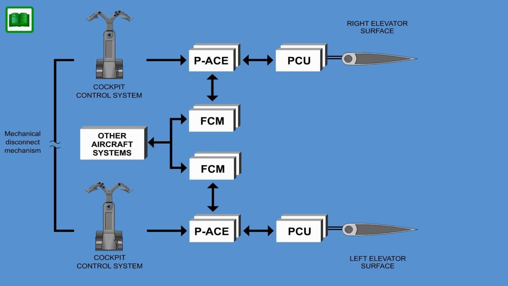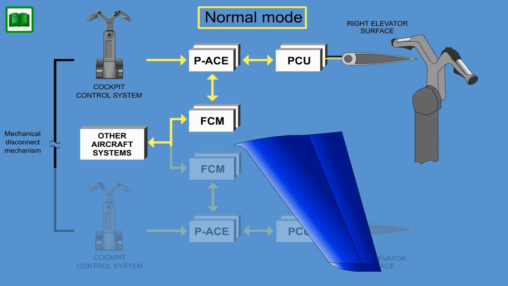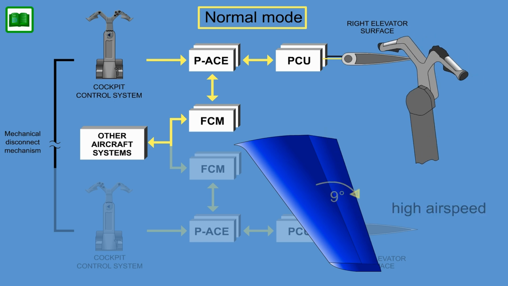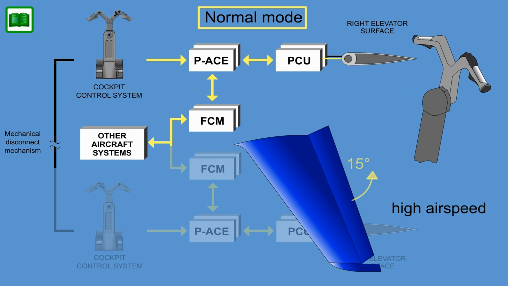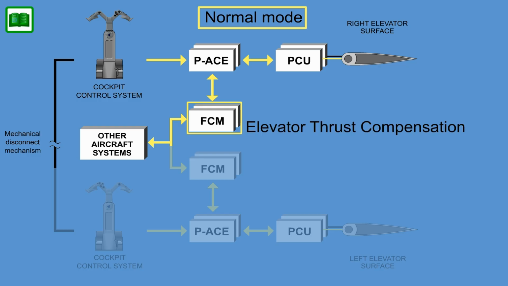With the elevator control system operating in normal mode, the elevator is gain scheduled as a function of airspeed, reducing elevator movement with increasing airspeeds. The flight control module adds additional high-level functions to the pilot inputs, such as elevator thrust compensation and angle of attack limiting. In the event of loss of airspeed information, the flight control module is removed from the control loop,